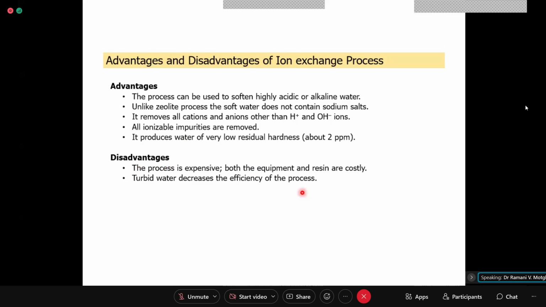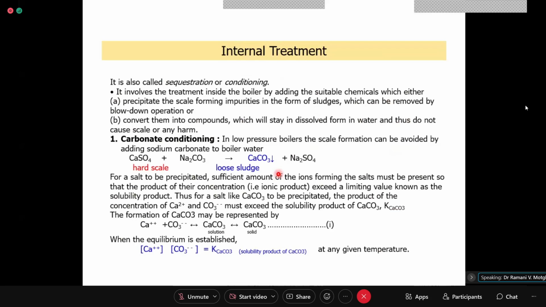Then you can have a comparison of lime soda, zeolite, and ion exchange processes, or you can compare the zeolite and ion exchange processes, because that is a cation exchange process and this is a total ion removal process. Questions are asked there, like comparison or some twisted question regarding how this is better and that is not better, and so on. Okay. Now, once the external treatment is over,